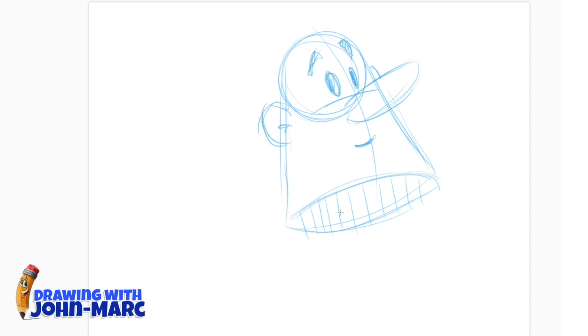So again, you can see here, this could be like the bottom of his chin here, and then that would be kind of like how the neck would be. I'm just building up the shape right here. Could be like a robot. Definitely could be a robot. If it was a robot, you can make these like lug nuts on the side here